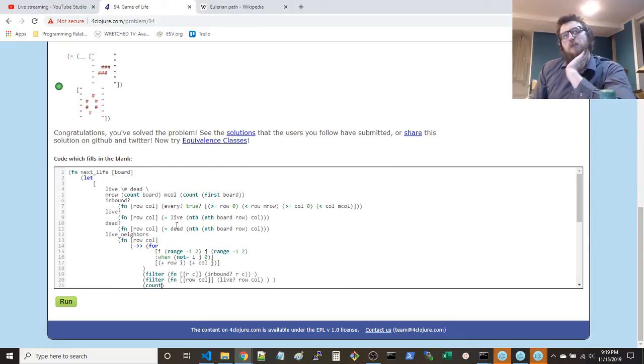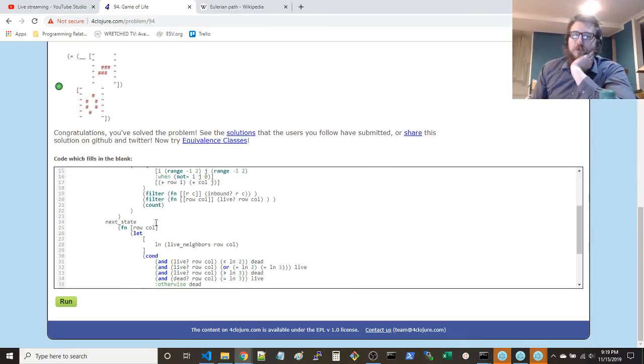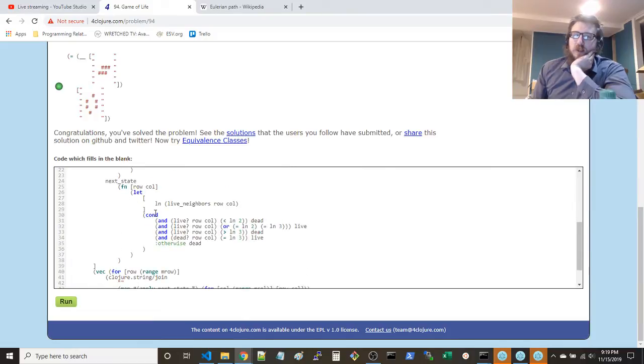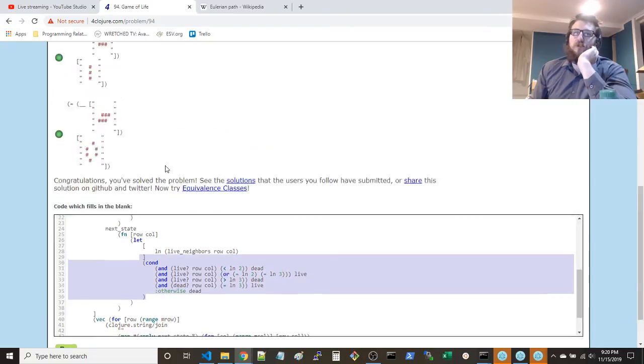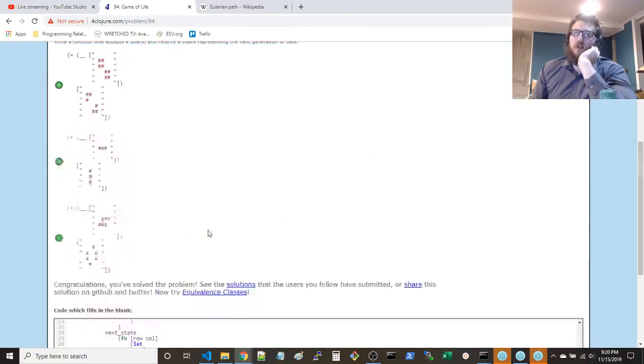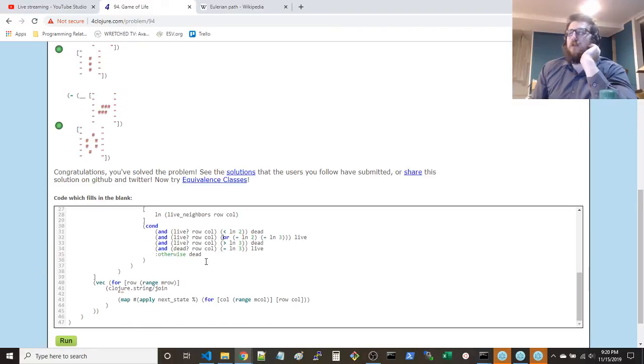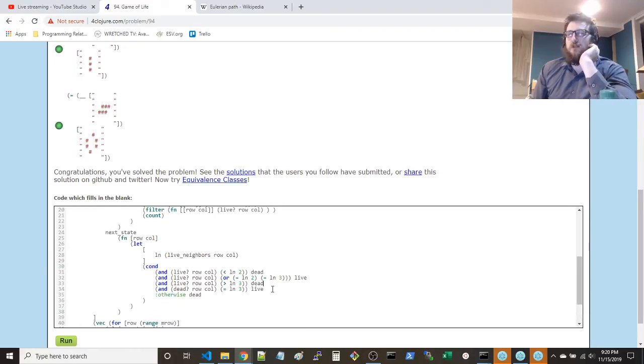And so you can count the number of live neighbors with a single routine, and then you're going to say, all right, given some position on the board, let's find the next state. What we're going to do is get the live neighbors from that position, and then perform a bunch of checks. These are basically the rules, and that'll let us know whether it's dead or alive for the next position.